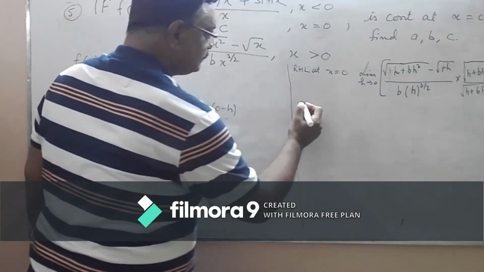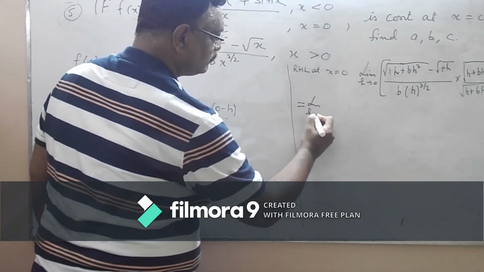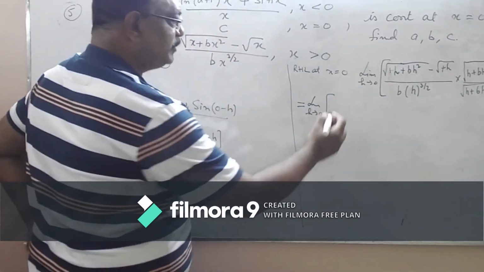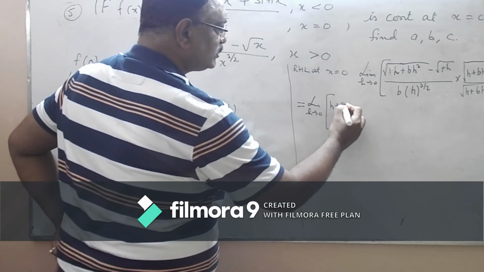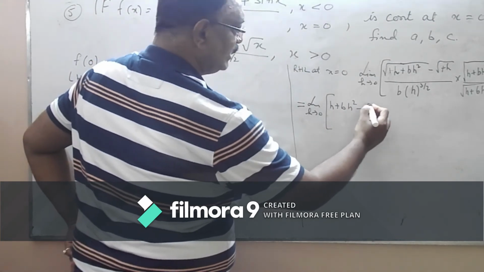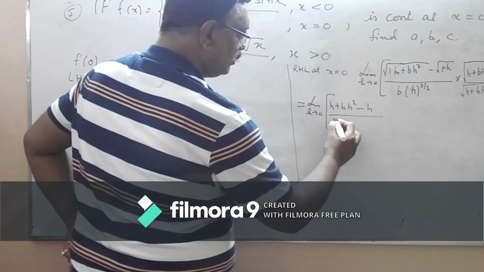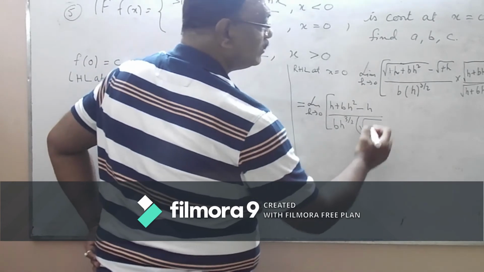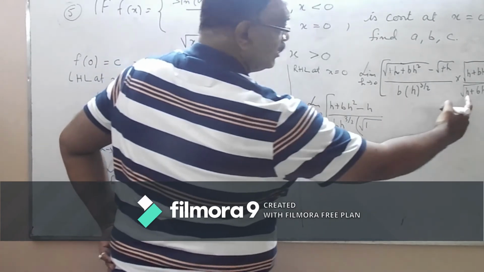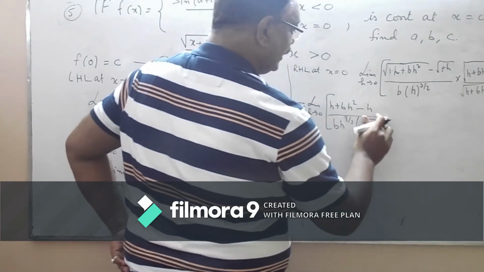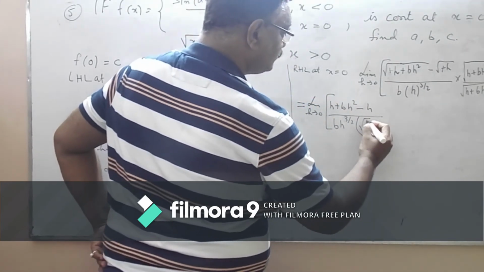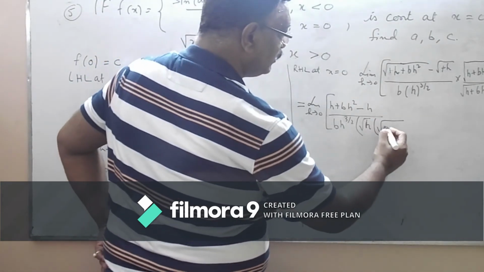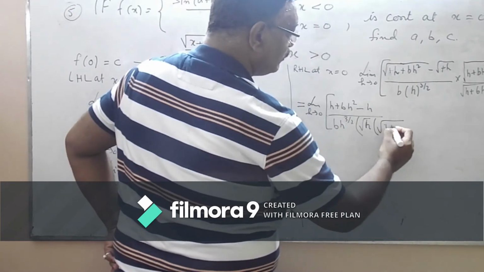Simplifying it further, a minus b into a plus b will give you a square minus b square. So that gives you h plus bh square minus h upon bh raised to the power 3 by 2 multiplied with h plus bh square plus root h. So I can take root h common from here. Inside the bracket I will be left with root of 1 plus